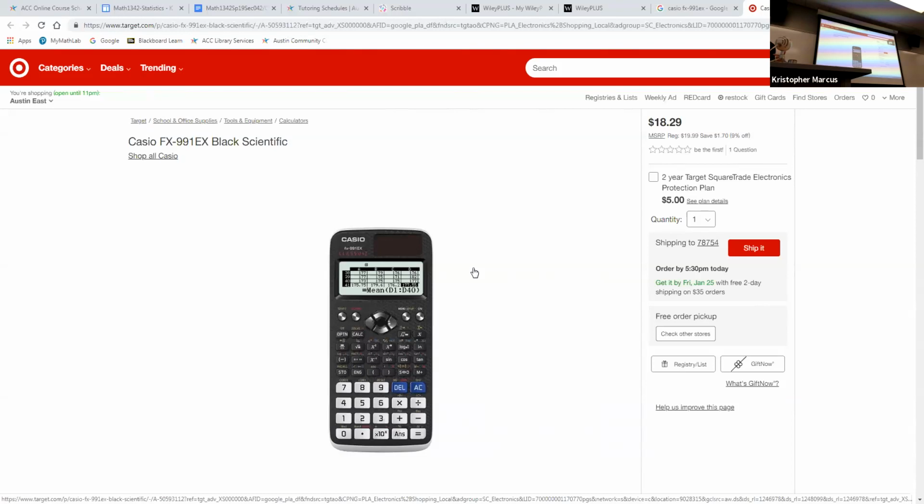Suggestion though, pick the calculator you're going to use for the rest of the semester, for all the tests, for all your homework, etc., because you want to be comfortable going into the test. You don't want to get something that you're not familiar with when you go to take a test. Any questions about calculator, learning labs, grades? No? All right.